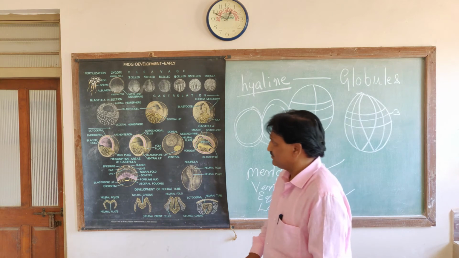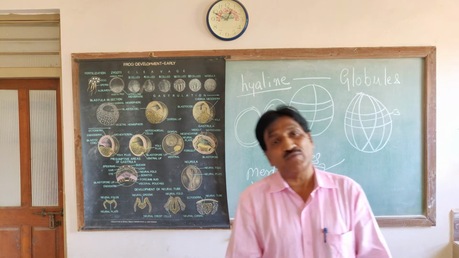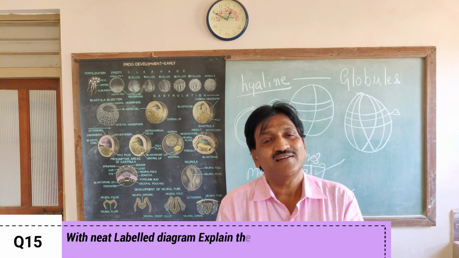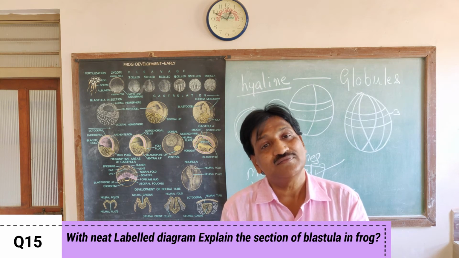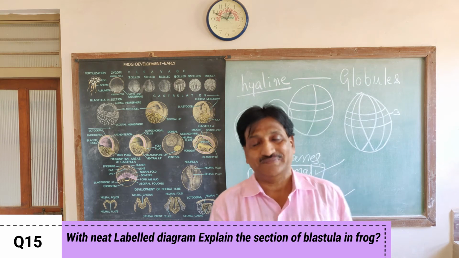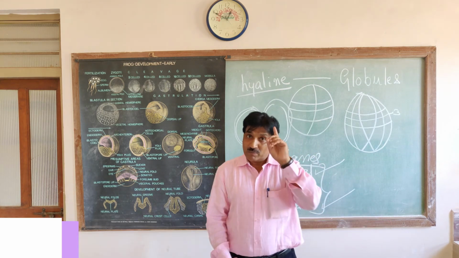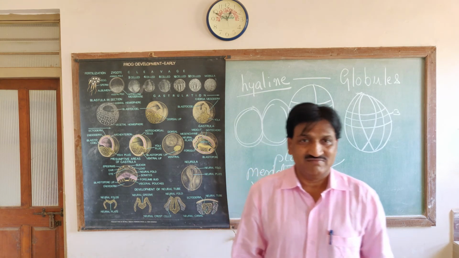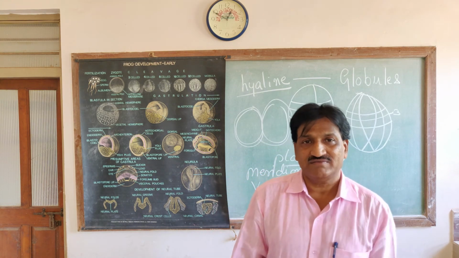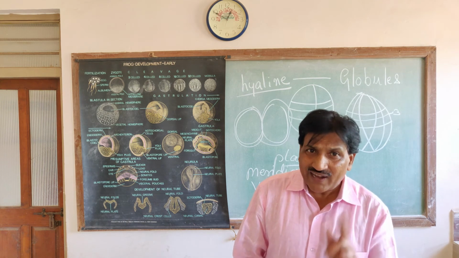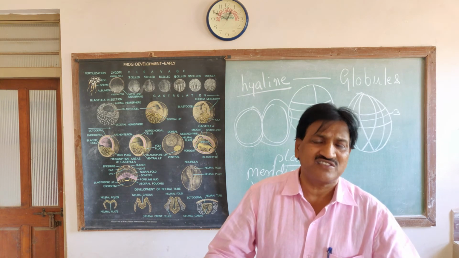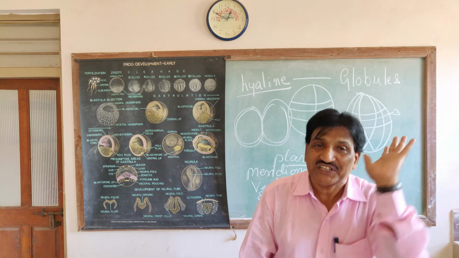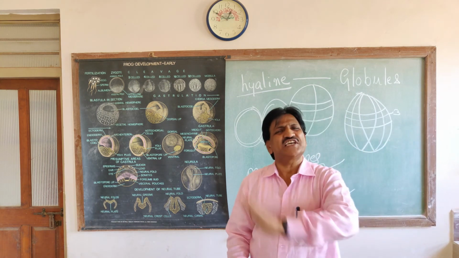Okay. Now, suppose there is a 5 marks question: describe the structure of the blastula. That is a section of the blastula. In your practical, you have to draw a section, not a whole mount. If you forget the section, you lose marks. In the practical, you have to draw this section. It is a section of the blastula.